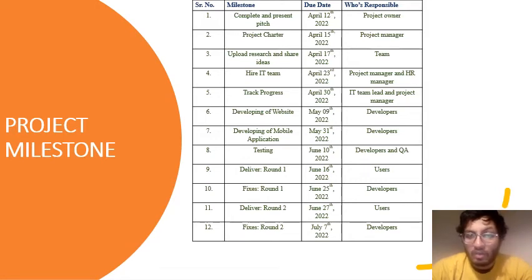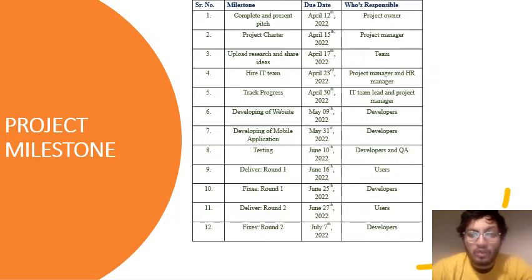They have almost 1 more week for this work, so the date is 23rd April. The IT team lead and project management have control over tracking progress, and they have 1 more week to track the process, so its due date is 30th April.